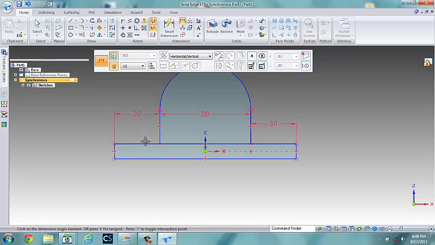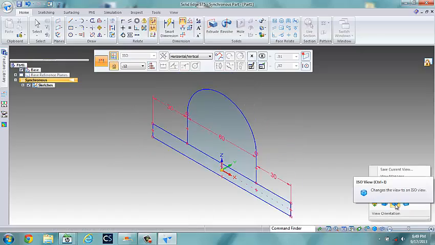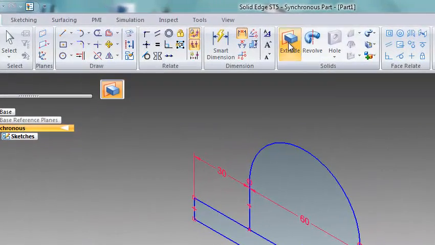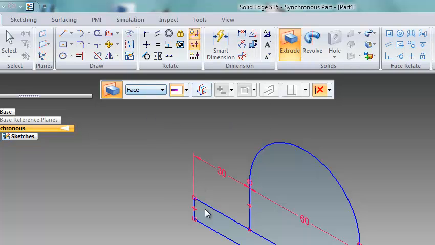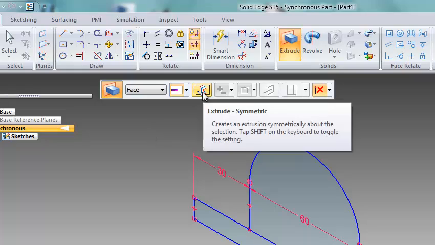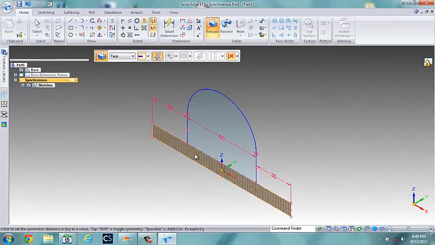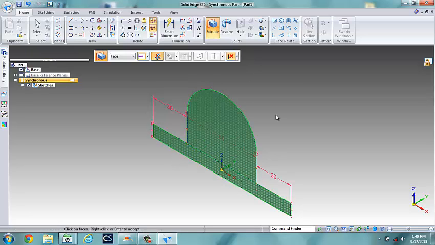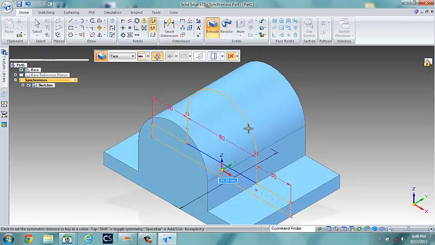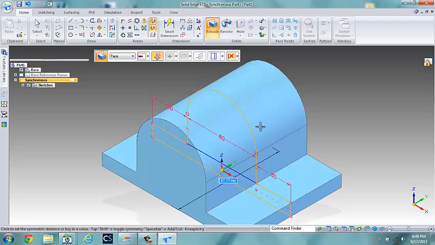Now what we want to do is extrude both of these pieces, so we'll rotate this around. Right down in the bottom is our view orientation. We're going to select this, and I want to extrude the face. I want to extrude both directions. This tells you it's going to extrude symmetrically. If I hold down my Control key, I can select this face and just hit enter, and now we'll pull this out. The width of this piece,